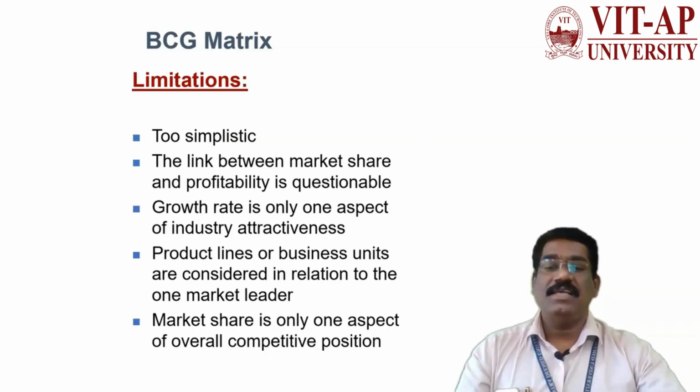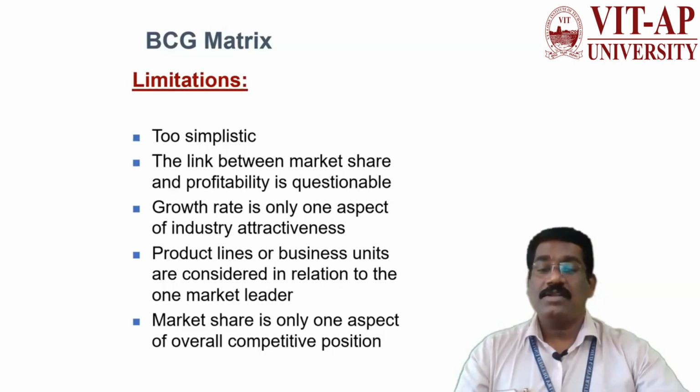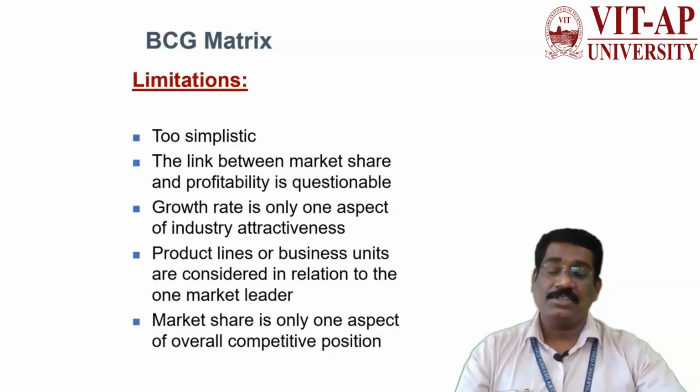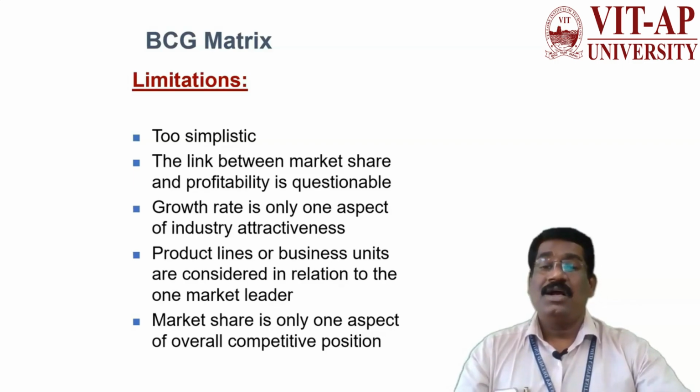The next one is that the link between market share and profitability is a questionable one. Also, growth rate is only one aspect of industry attractiveness, because there are many more factors and parameters which talk about industry attractiveness, but the BCG matrix is not giving importance to other factors